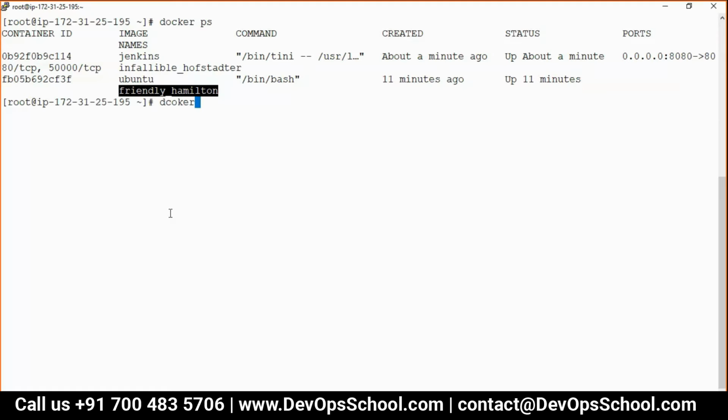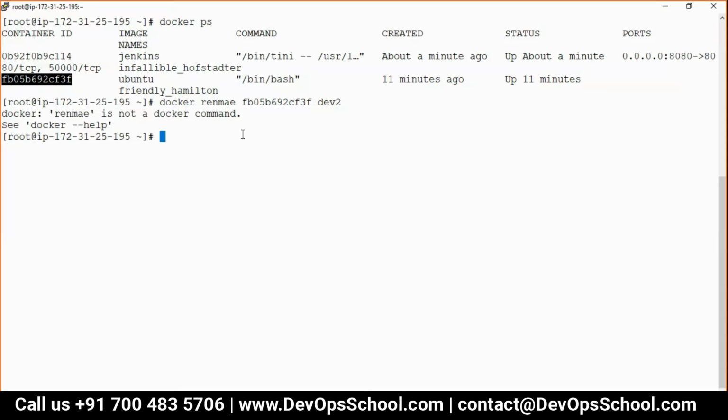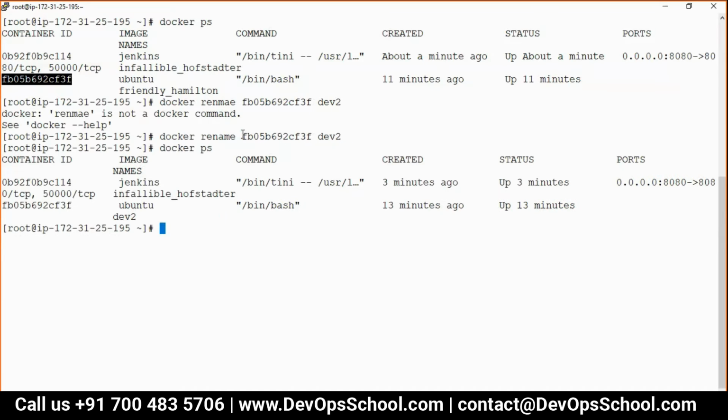How? docker rename, which container? This container. To what do you want to change it? Dev2. There's a spelling mistake I made. And you see here now, Dev2. Can I name it during the creation time only?